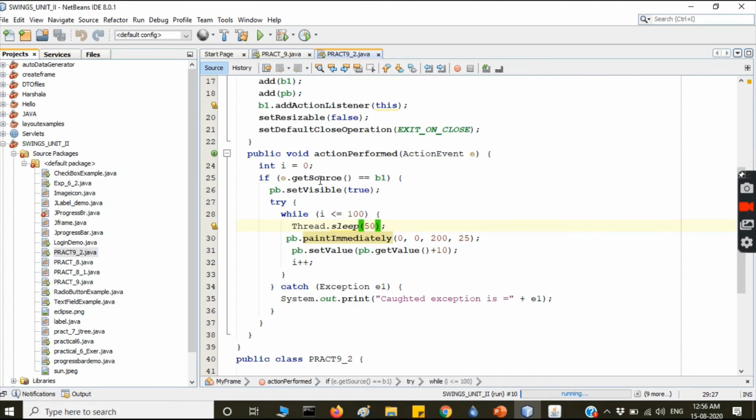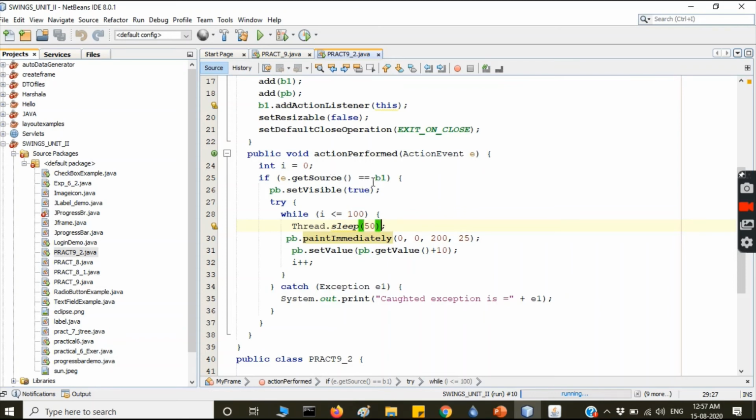So here e dot get source, e is the action event object. e dot get source means this method retrieves the object. So e dot get source means तो कौन सा object retrieve करेगा आपका? So आपका B1 object.